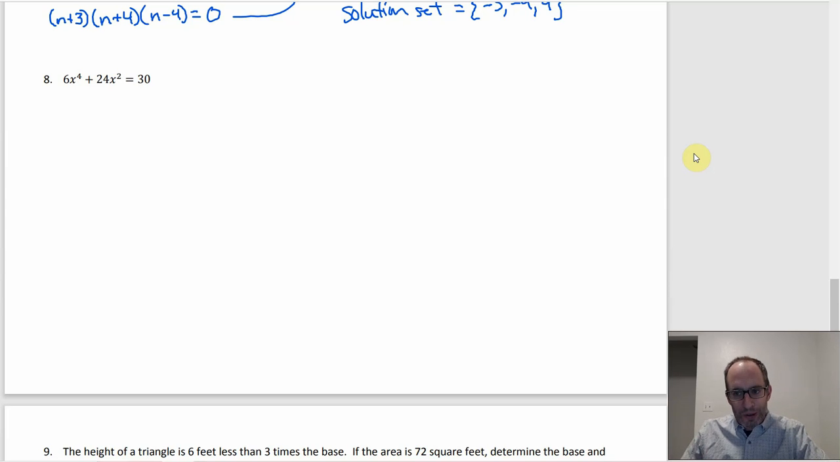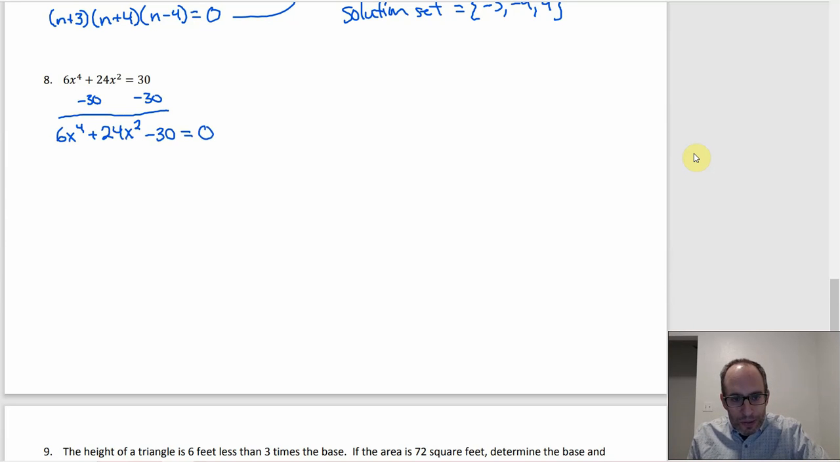We'll get the 0 on the right side first, then we'll worry about the common factor. So if you subtract 30 from both sides, then on the left, you're going to have 6x to the 4th plus 24x squared minus 30 equals 0. And now there is a common factor to deal with. If we factor out that 6, we'll be left with x to the 4th plus 4x squared minus 5